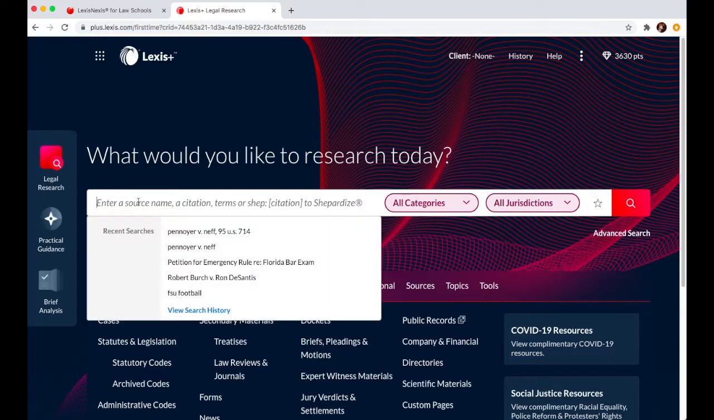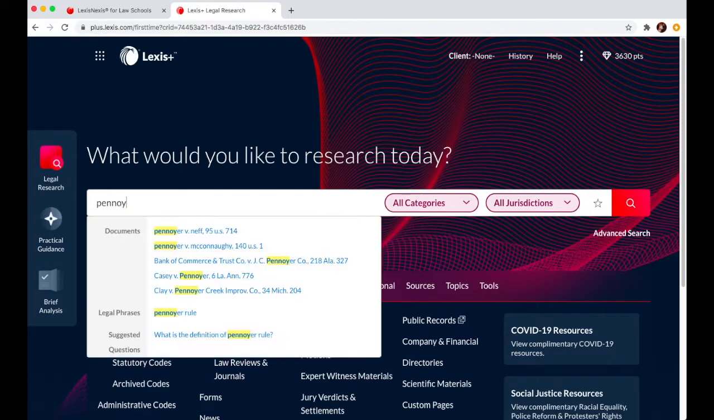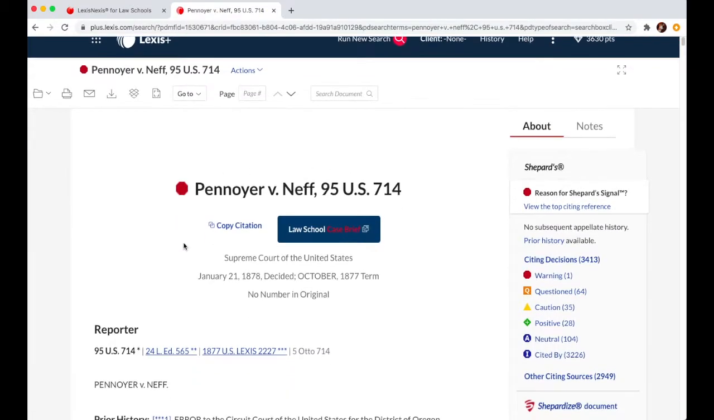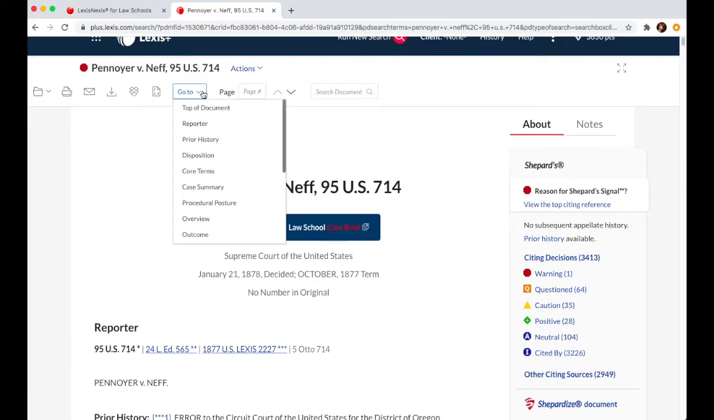In this instance, I'm going to search for Penoyer v. Neff, and I'm going to just start by typing out the case name. Lexis is going to use the word wheel to offer suggestions based on what I'm typing. If you see the case name you're looking for generate here, I would just simply go ahead and click on that. And then once you're on your case, you can either scroll down or use this Go To feature to